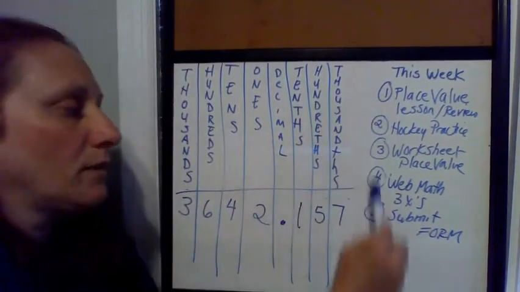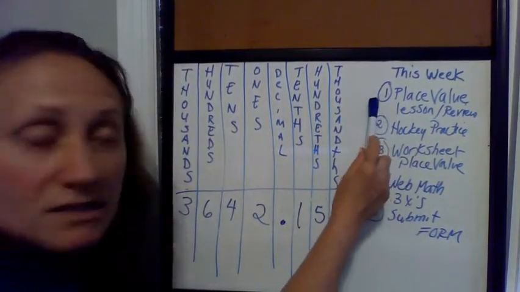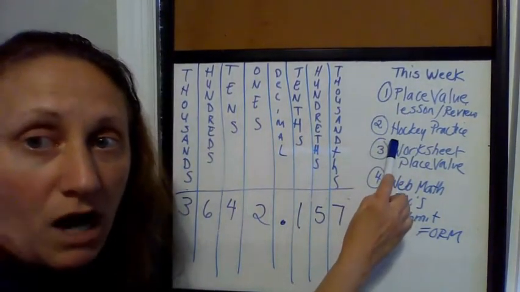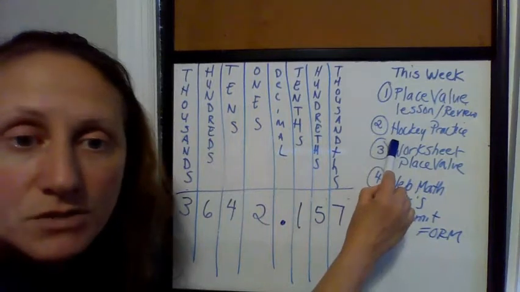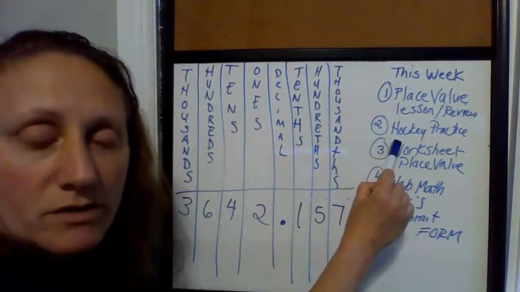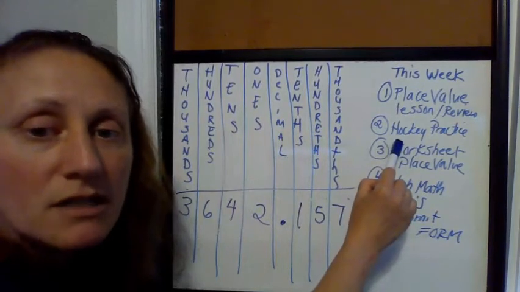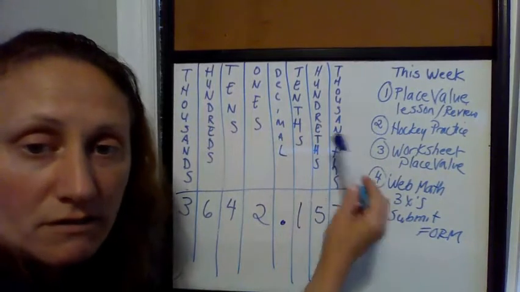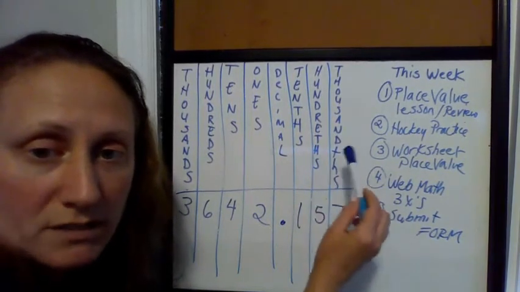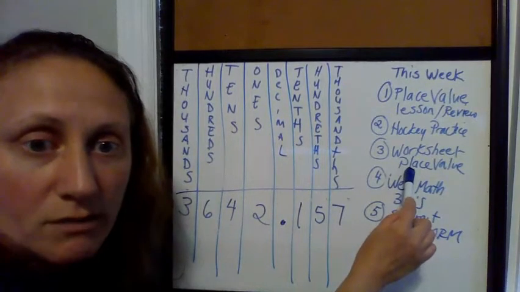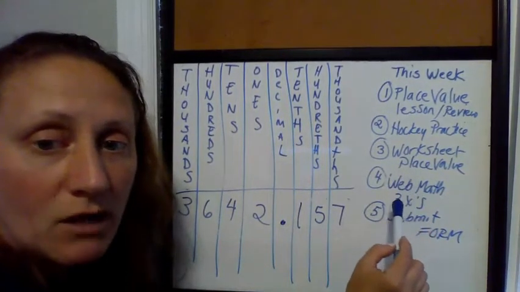So this is what you're basically going to be doing this week: watching this video, which you're doing right now, taking the place value hockey practice as many times as you want. I would definitely do level 3. You could start out at level 1 and 2, but try to get to level 3 because level 3 has those decimal place values in there, and definitely, we want you to practice those. There's going to be a worksheet that's posted that I'd like for you to have done by the end of the week. And then a web math,